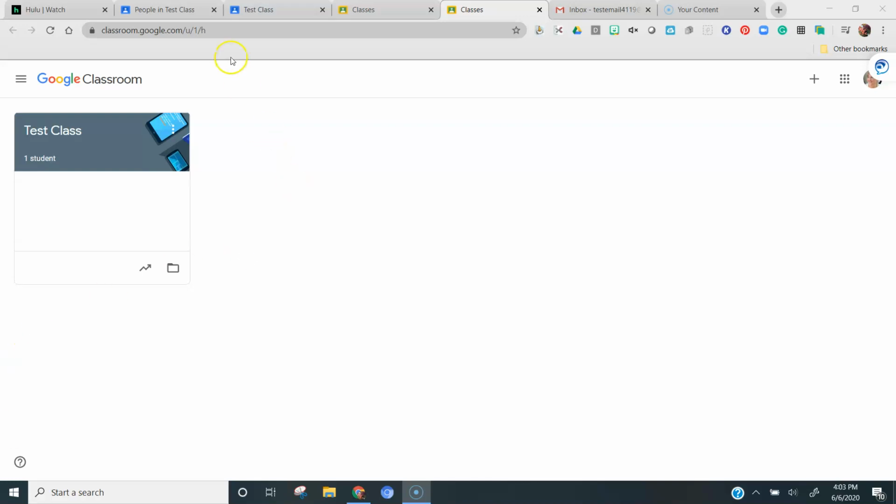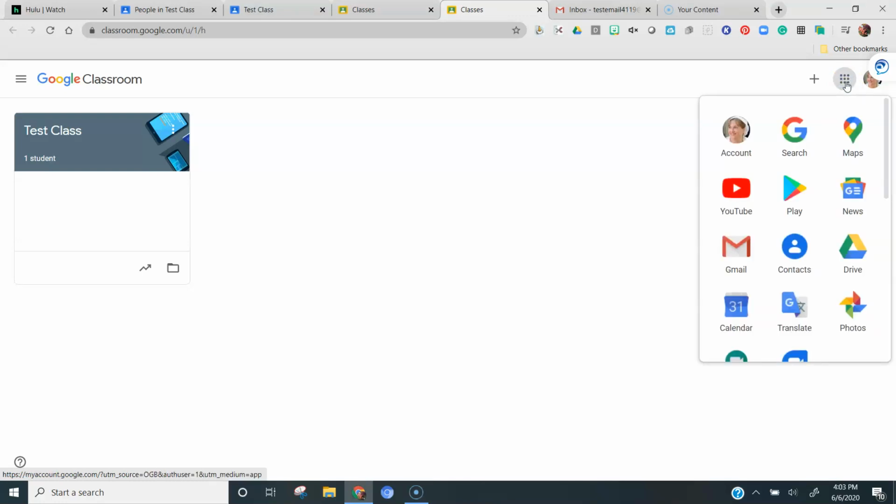So the first thing that we're going to do is bookmark our email or our Gmail. And I want to point out the waffle over here on the right side. Those 9 little dots are going to become very important to you because that's where you can get to places pretty quickly. So if you click on that, you can see, if you're logged in, your picture or your name will appear there. And this is also where you can go to Gmail, you can check your calendar, and you can go to